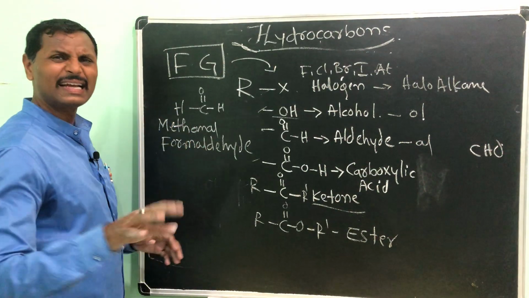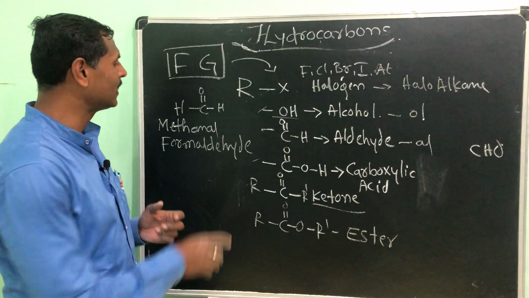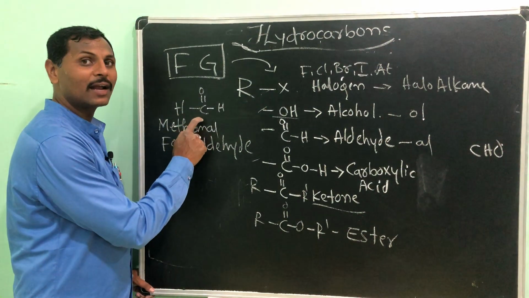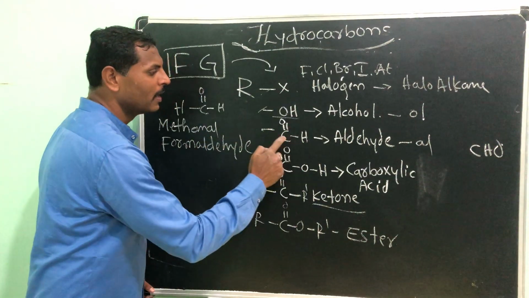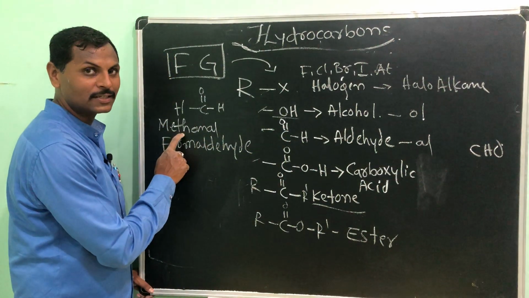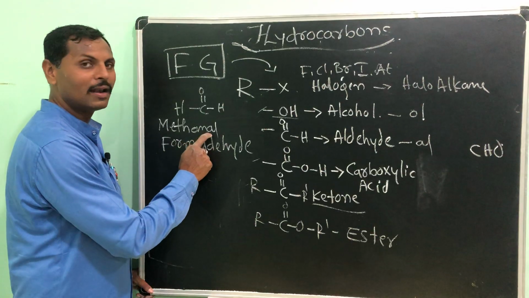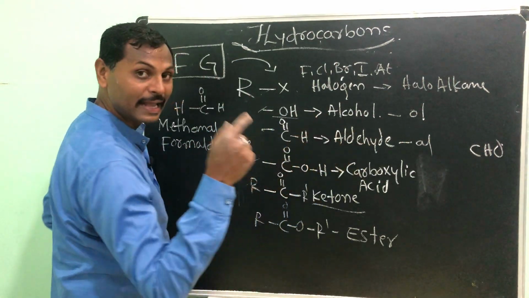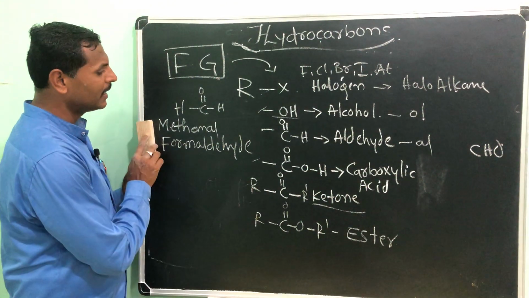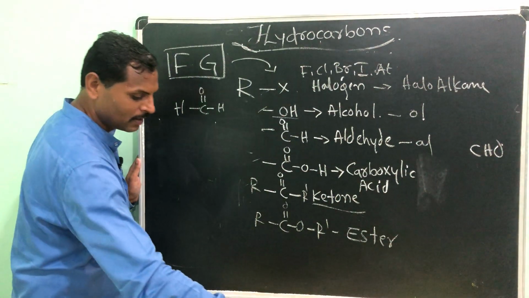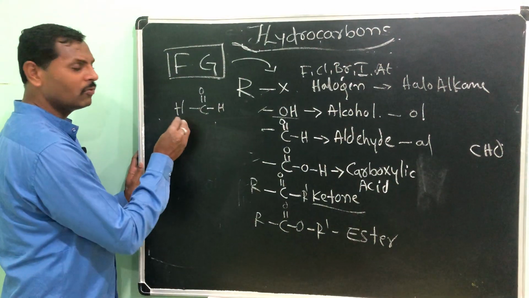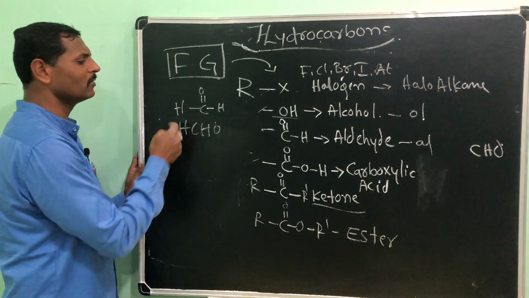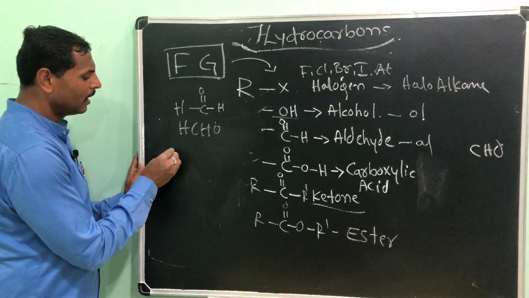Sir, here you have not taken any CH3 and all. Yes, I know that. Only I have added H to it, and already one carbon is there in this group. That's why I am taking meth for that. Methanol. This is OL, this is AL, methanol. Like that you can take ethanol also. And how do we write the molecular formula for this? HCHO, very simple, no? Add it, that's it.